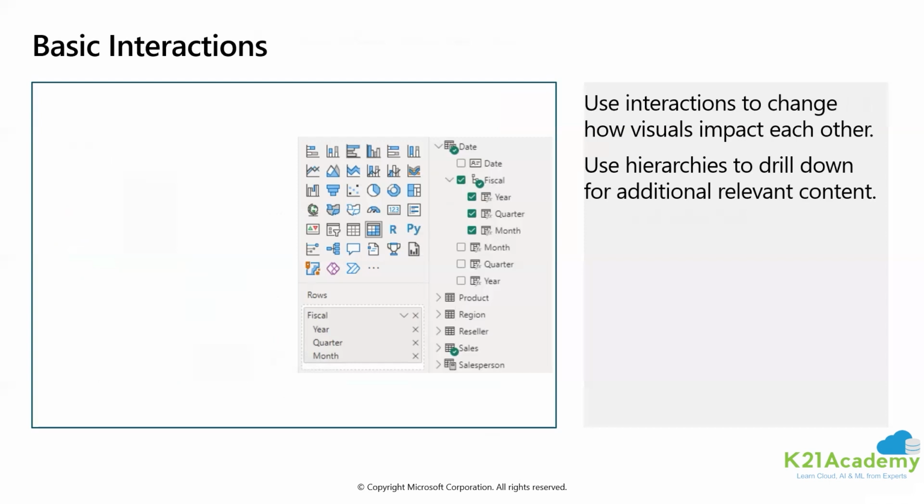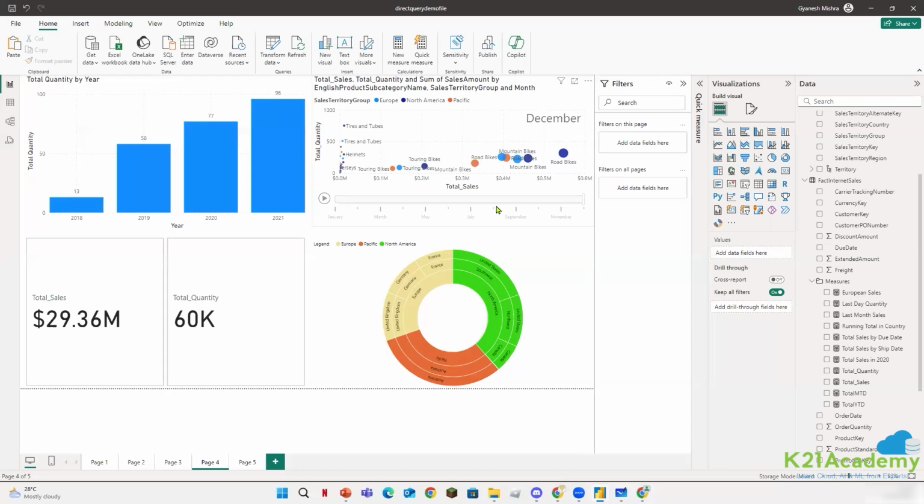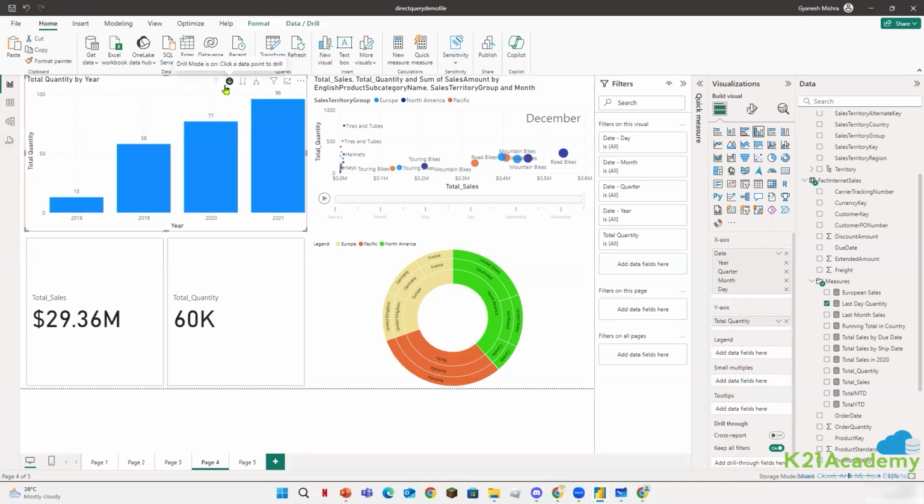I mean, we can use hierarchies to drill down for additional relevant content as well, right? And then with the help of that, we can shift to the next level. So I have this fiscal year, quarter, month. So I'm actually able to apply the same on my visualization or on my page as well, where I will definitely be able to represent or present my data if I would like to do that. There is already a drilling down approach that you will be going to use right now,